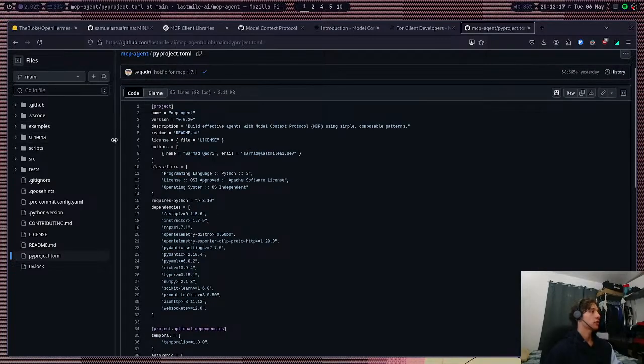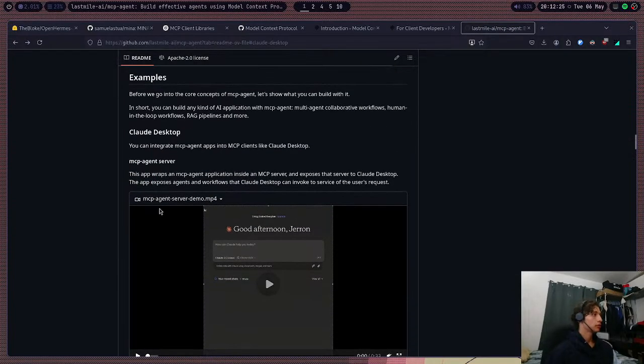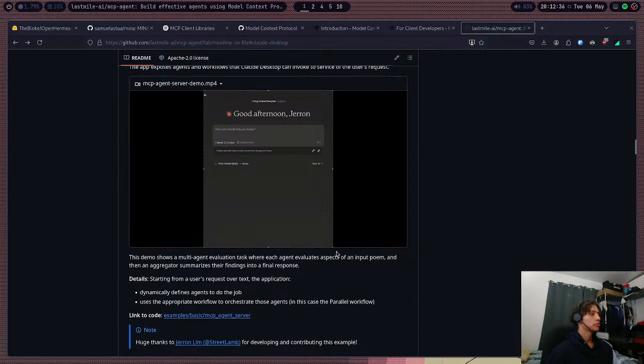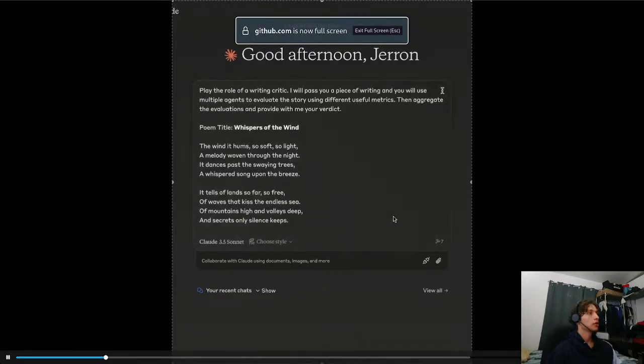I guess it's not an official thing. I'm guessing some kind of third party, people that you can integrate MCP agent apps into MCP clients like Cloud. So MCP agent apps, meaning apps created with